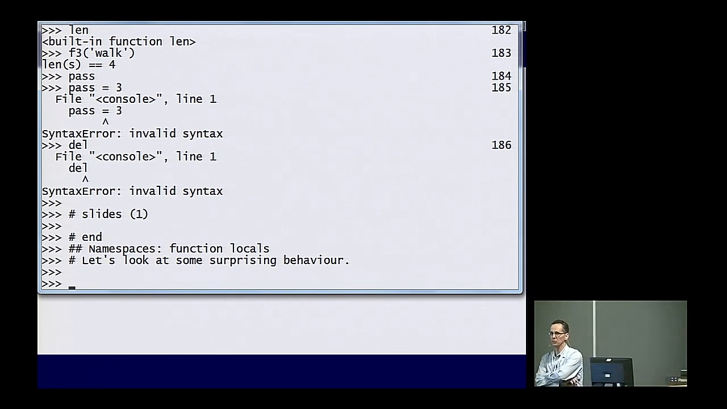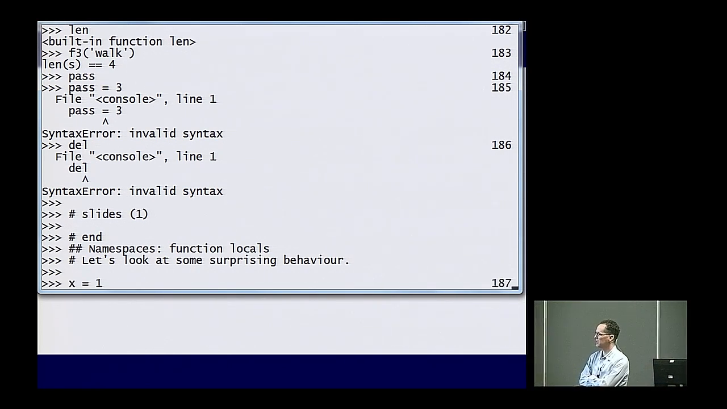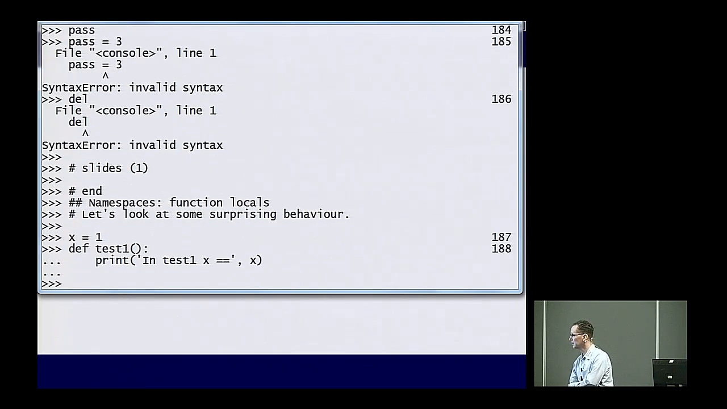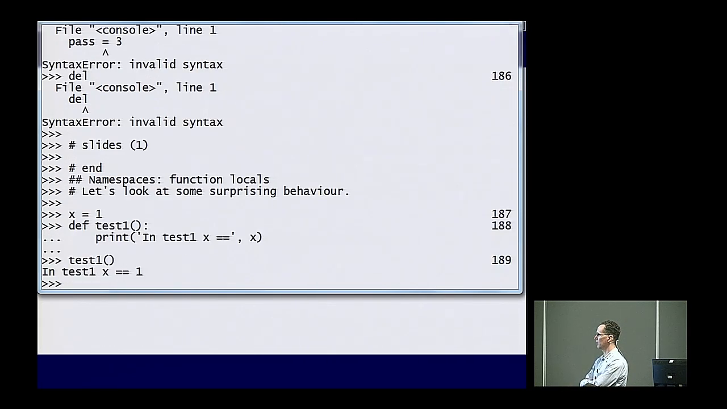So function locals we talked about. Some of you have seen this and go, oh yeah, I've seen that. Some of you have seen this and say, oh yeah, that happened, and when I first saw it, I was so confused. And if you haven't seen it yet, I'll confuse you now so you won't be confused later. So, x equal 1. So if I call test1, it's going to find that x, it's going to print 1,